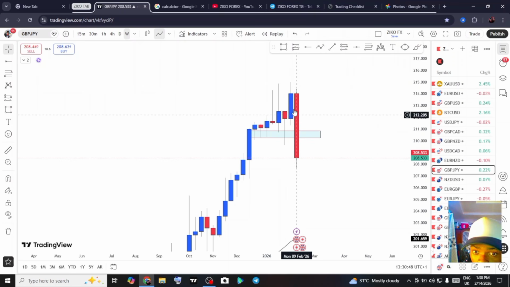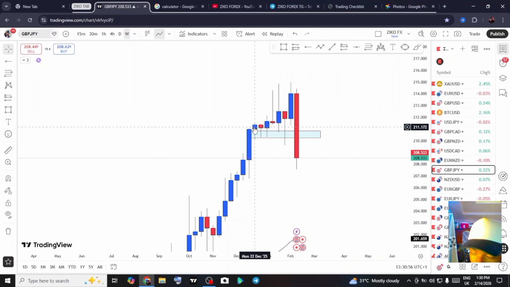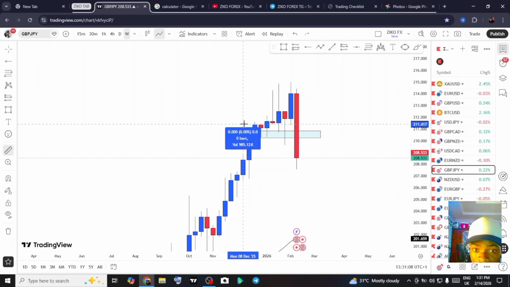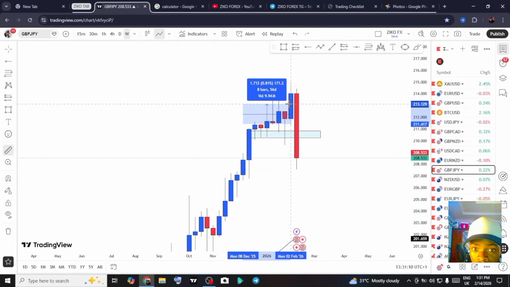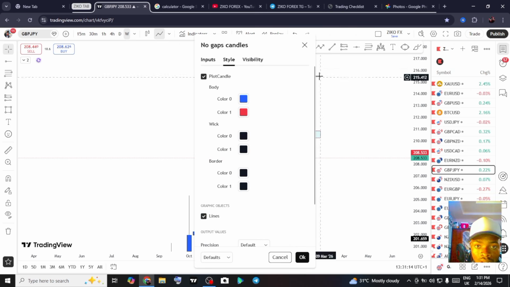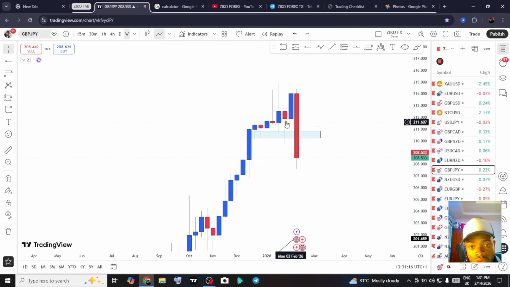1 week of price action has engulfed 1, 2, 3, 4, 5, 6, 7. That is a lot. That is more than 1 month of price action. That is about 1 month and like 3 weeks, 56 days. That's crazy in 1 week. So right now this market structure, well,